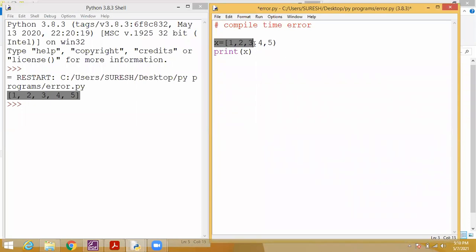On one side there is a square bracket, and at the end we used a rounded bracket. So what will happen, students, if you try to execute this program? Error.